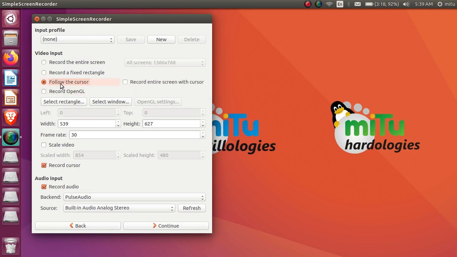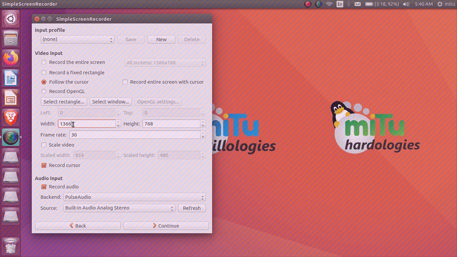If you go to follow the cursor, wherever I am moving my cursor or my mouse, only that particular part will be recorded there. Here you can record the entire screen. And if I want to record a specific width and height, from this direction, this particular part only, I can make the changes over here.